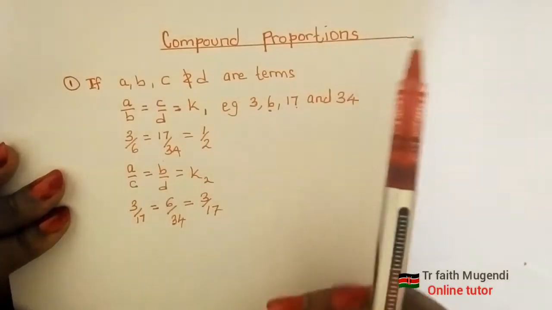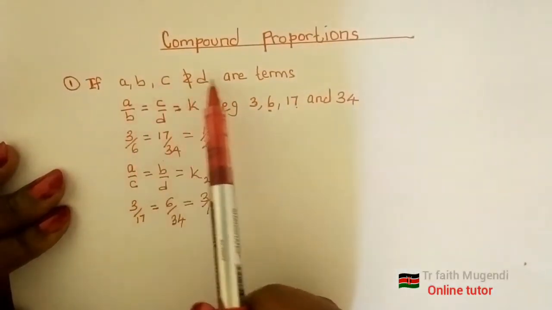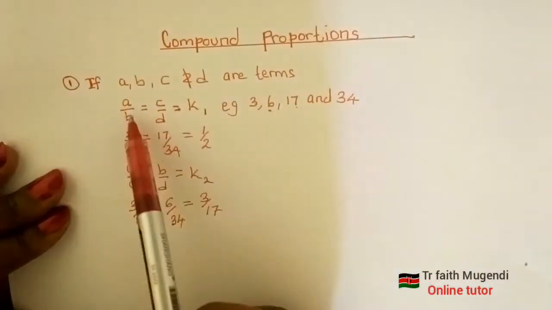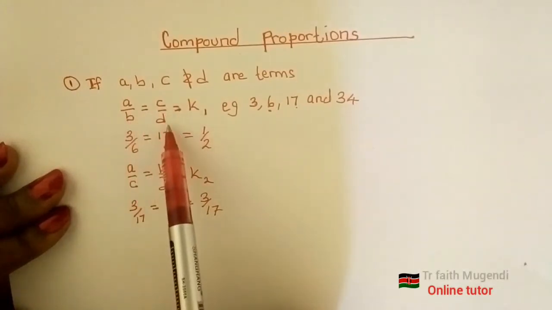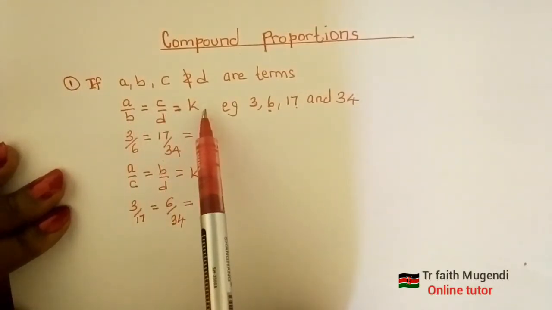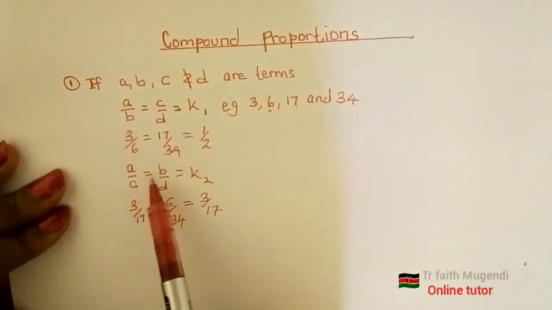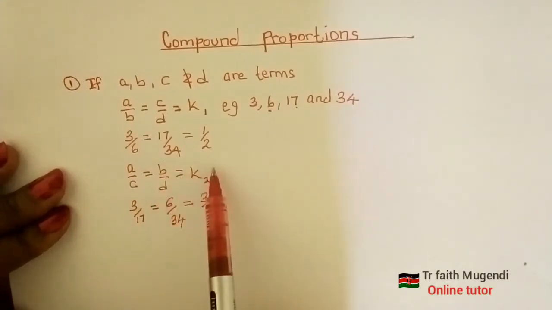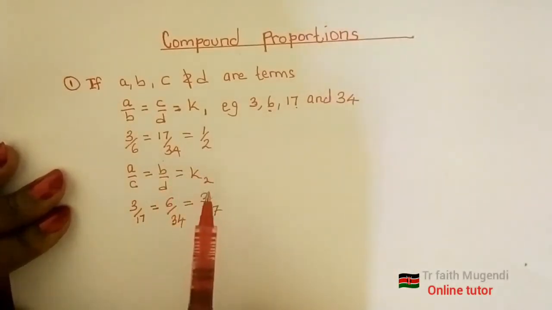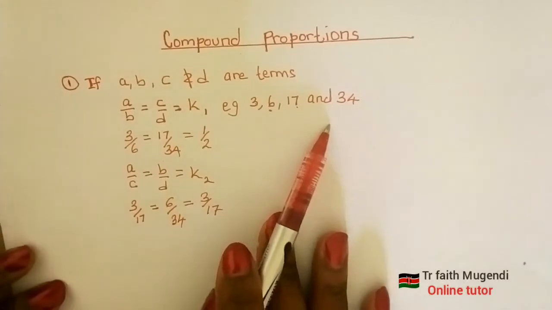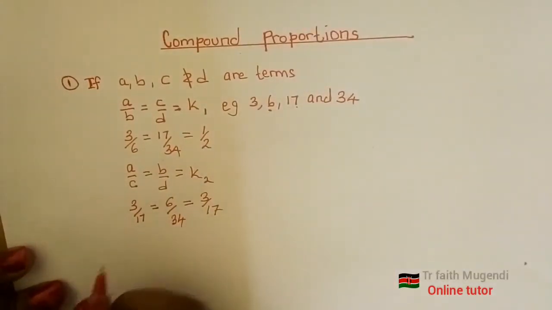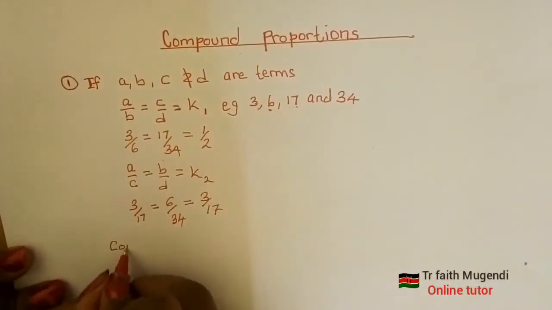So, if A, B, C, and D are terms, and A over B is equal to C over D, which is equal to a constant, then it means that A over C is equal to B over D, which is equal to a different constant. Okay, on continued proportions,